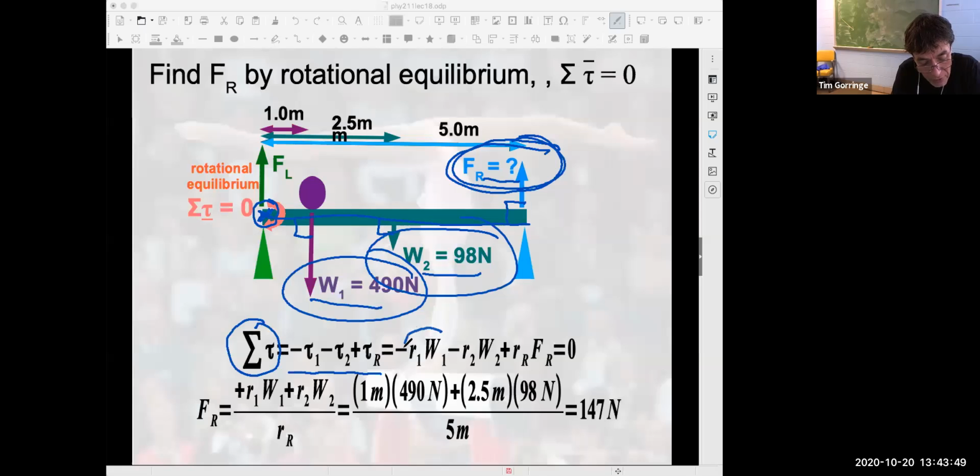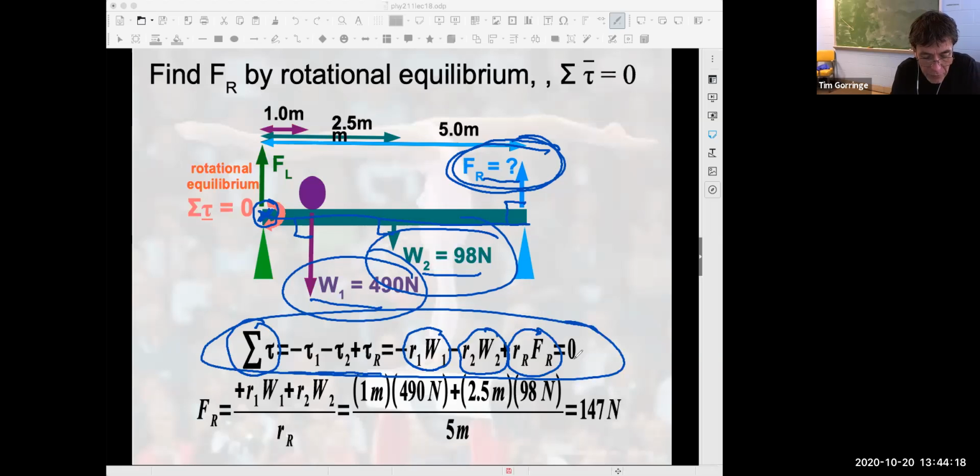And so all we have to do is multiply force times distance: the gymnast's weight times the distance of the gymnast from the axis of rotation, the beam's weight, W2, times the distance from the axis of rotation, and the force FR from the right-hand support times the distance from the axis of rotation. That's all I'm doing here, here, and here. If you look at this equation that I've made,